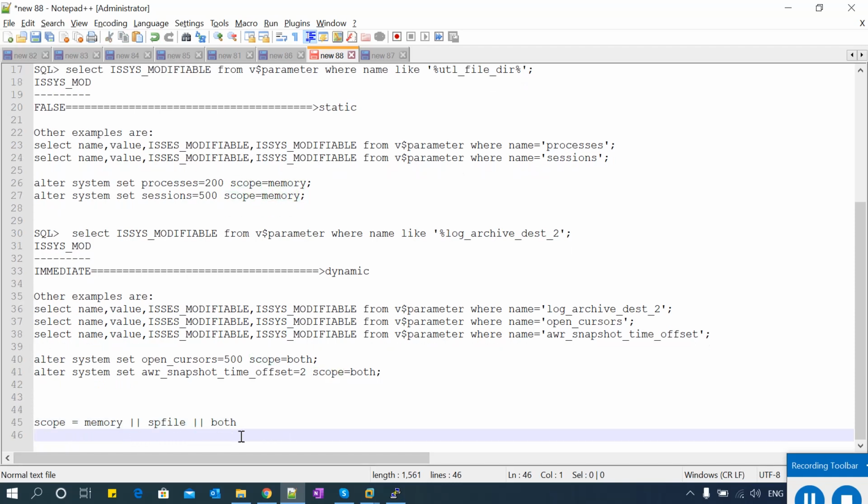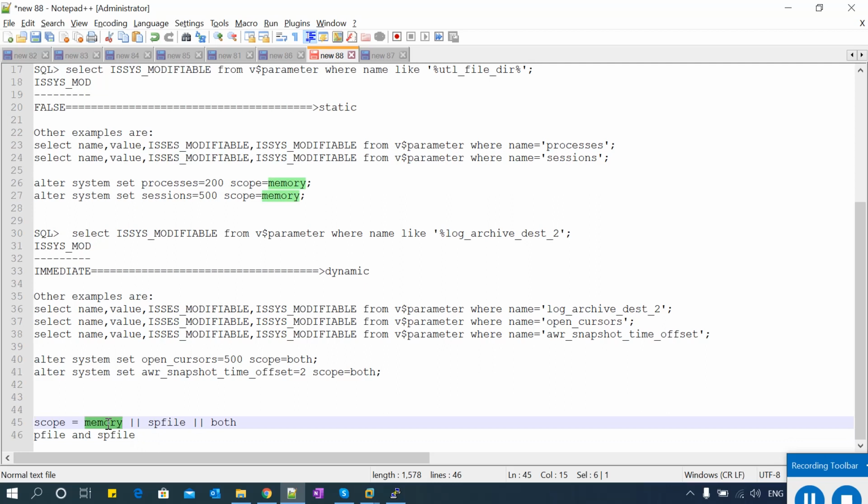And also I covered P file and SP file in my previous video. I request everyone to go back to my channel and refer to this initialization parameter p file, sp file, and then the scope parameter, memory, sp file, and both. That gives you a brief idea. I covered a lot of examples, and I explained in detail what these are.